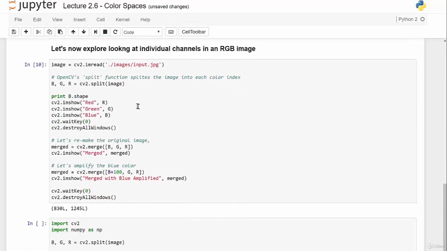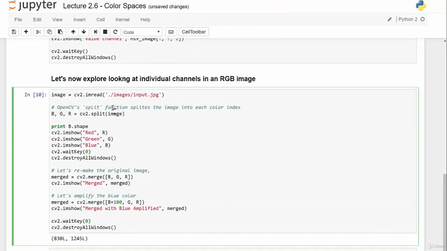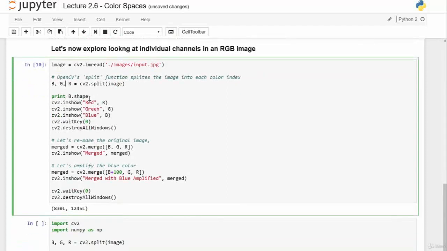So we can actually do that to the RGB channels too. By using the OpenCV split function, which is a quicker way to do it, we can separate the components into BGR once an image is loaded as RGB or BGR already. And then we're going to print the shape just so we can see what it looks like. And then we're going to show the individual components here. One thing to note is that because we're splitting the image here, it's going to show as a grayscale image in OpenCV because it's only going to have one dimension of color. Previously we had all three, but now it's only going to take the red, green and blue and show them as various grayscale images. However, if we use the merge function, we can combine all of them